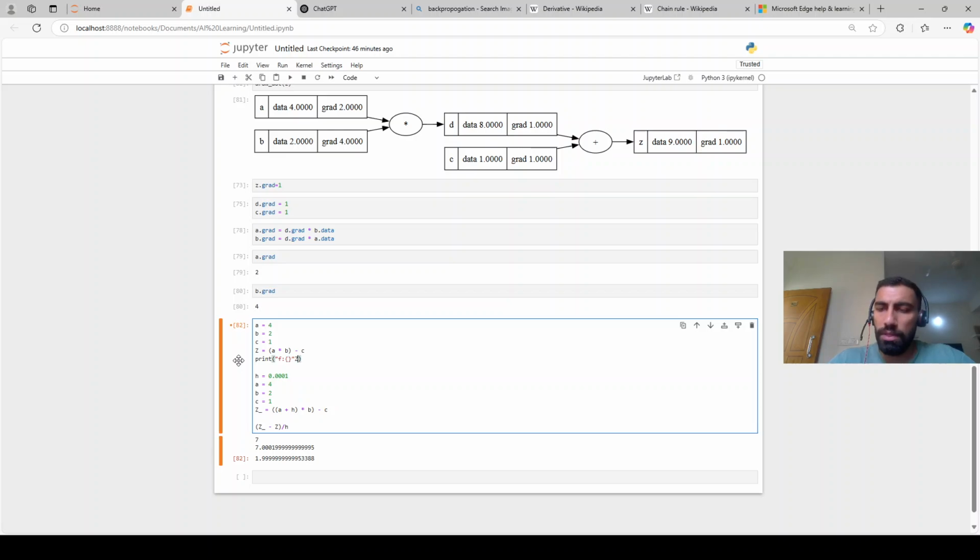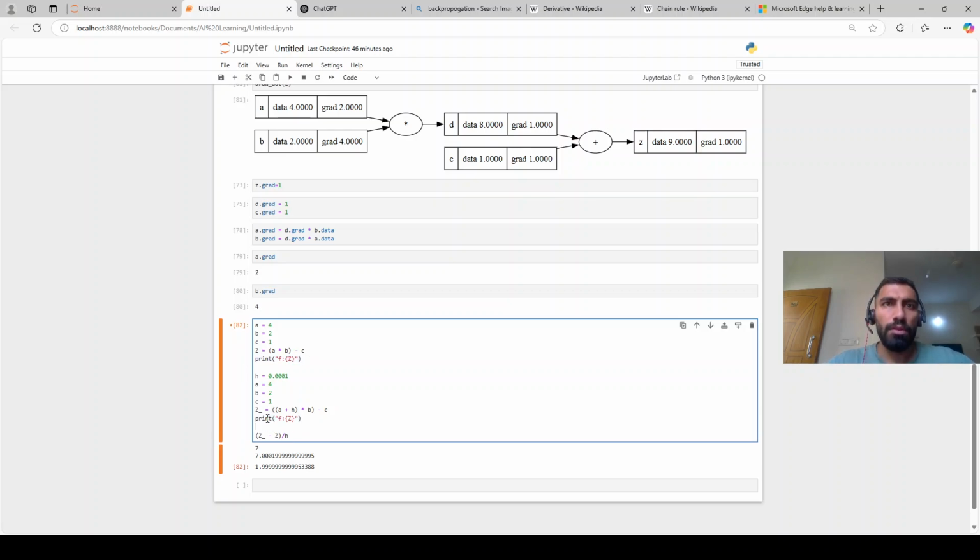So f is coming like this here, and this is f plus h. Don't go by the way I'm writing it, it looks pretty pathetic, but I think you understand what I'm trying to do here. So it is z underscore